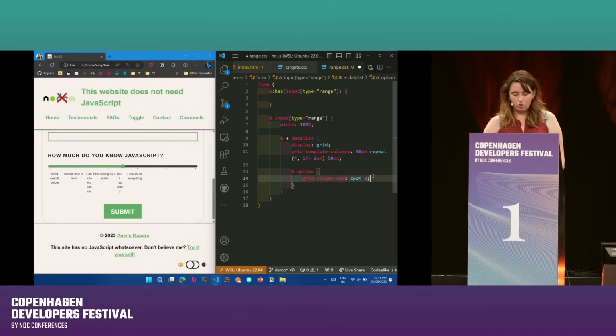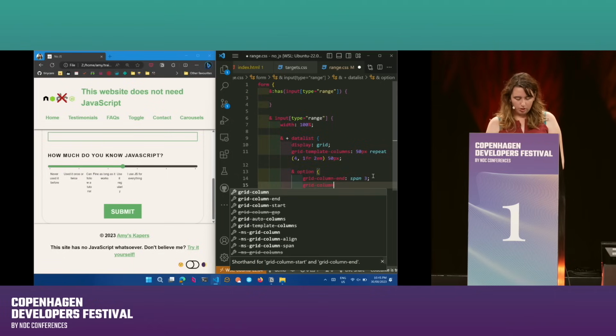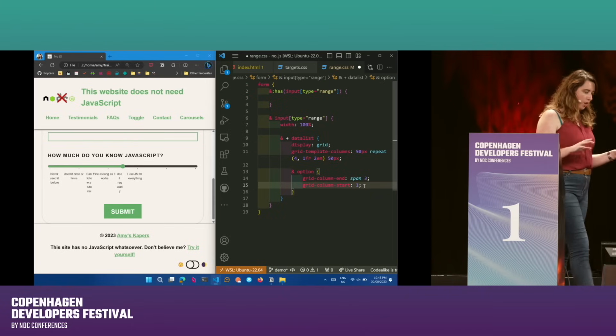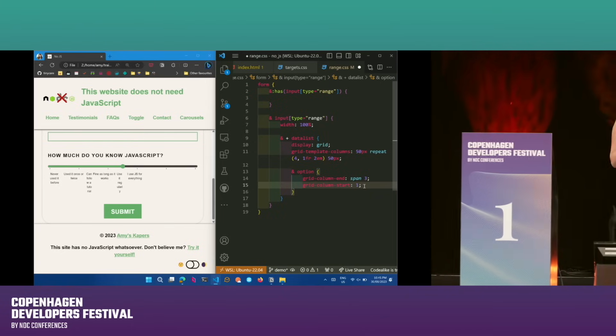I want it to span across 3 of the columns that I've defined. Grid column start 1. Okay, now what I am going to want to do, and I highly recommend if anyone's not familiar with